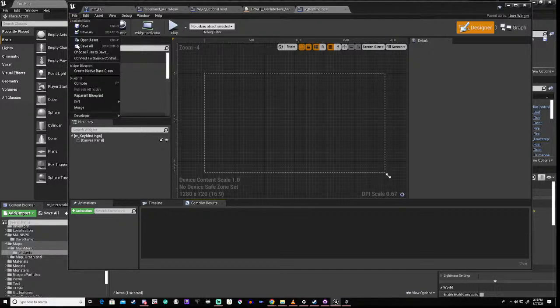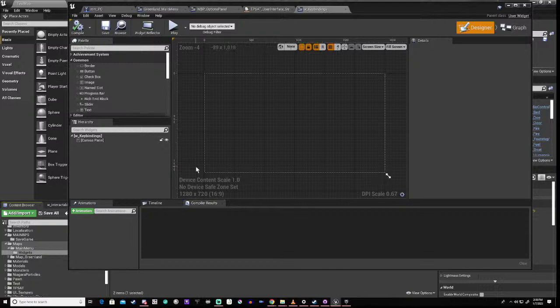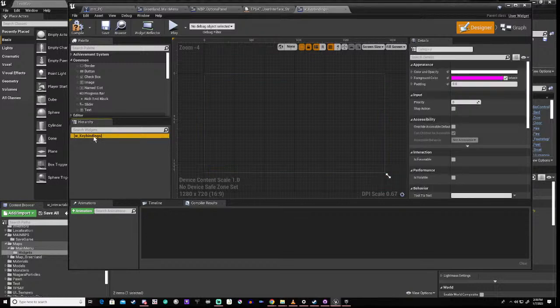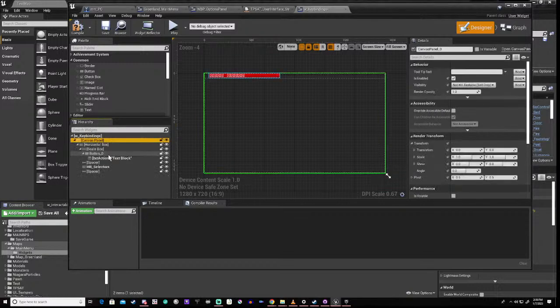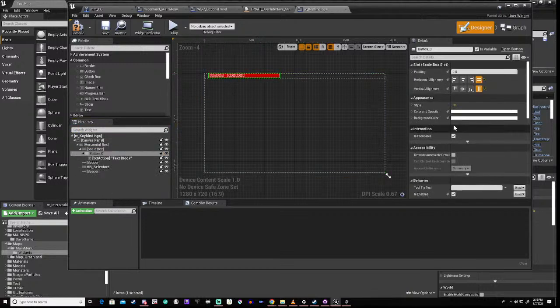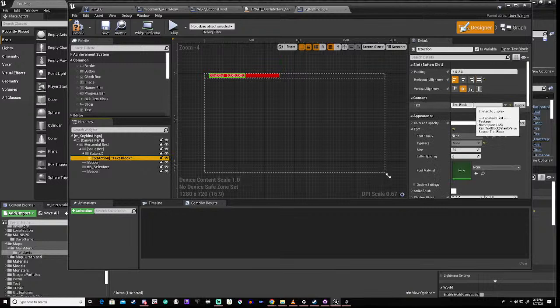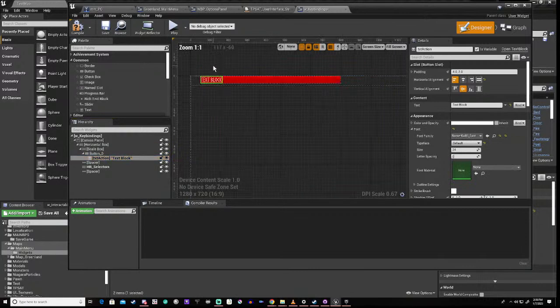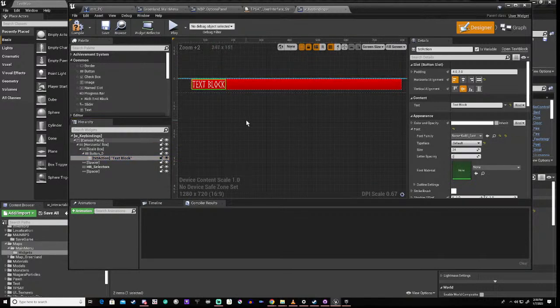And the first thing we're going to do here is save this, because you do tend to get a few crashes. I'm going to delete that, and then I'm going to paste. Okay. Then the next thing we're going to do is change the font on this to that, and that is us. But it probably isn't,